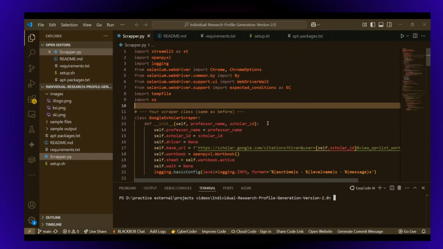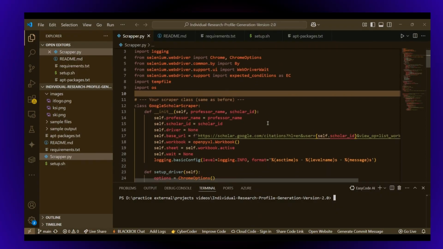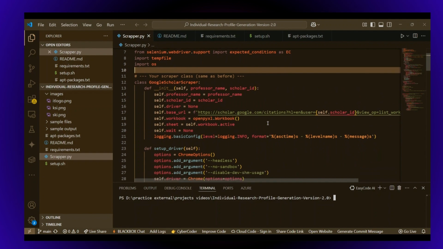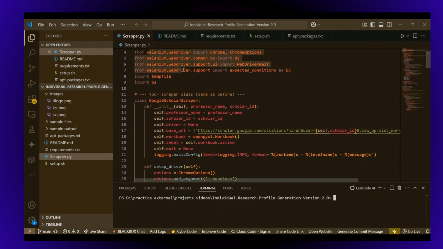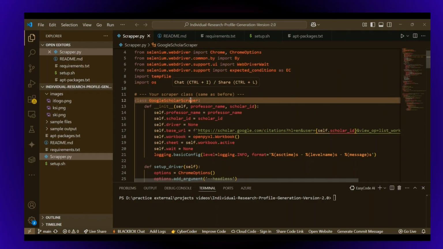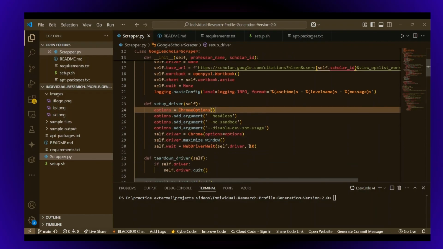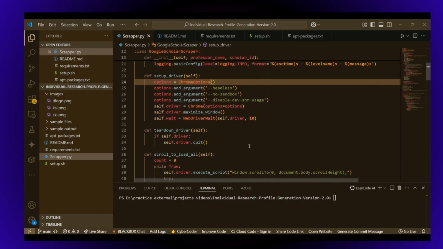The scraper.py, as you can see, is a very important Python file where Selenium is present. These are the libraries which you have to import, and then this is your scraper class that starts from here, Google Scholar. Then the setup driver, this is very important because it deals with your Chrome settings a lot.